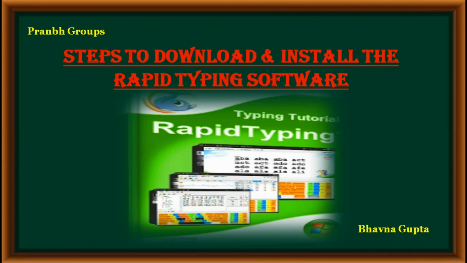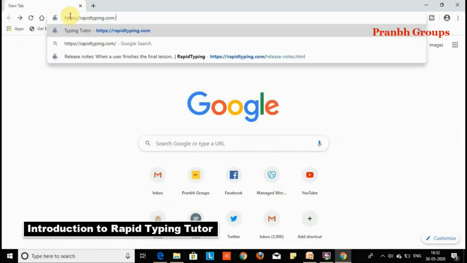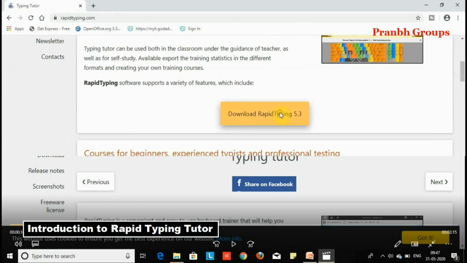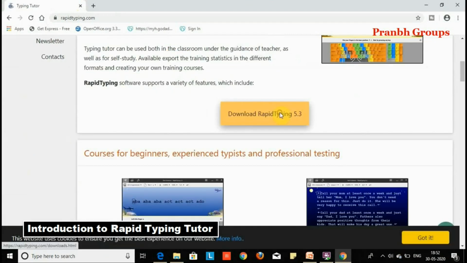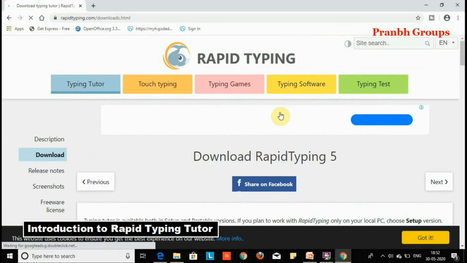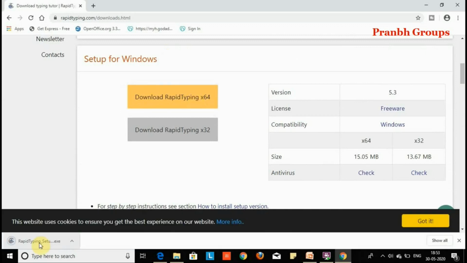Steps to download and install the Rapid Typing Tutor. First, open a web browser. Then type a URL in the address bar and this page appears. This is the Rapid Typing home page. Scroll down and click the download button and the downloading page appears. Scroll down and then click download setup 64-bit. After completing the download you can click the downloaded file